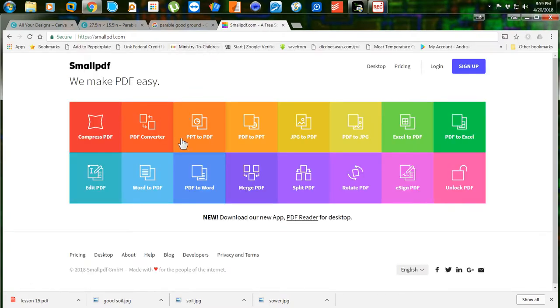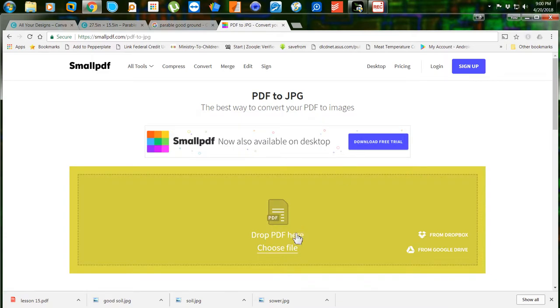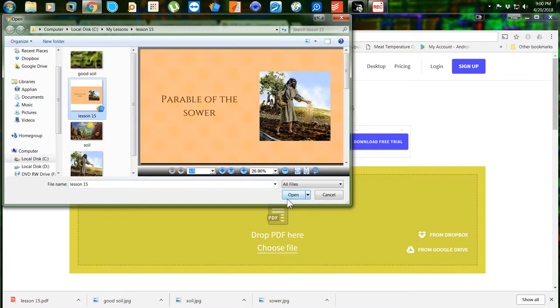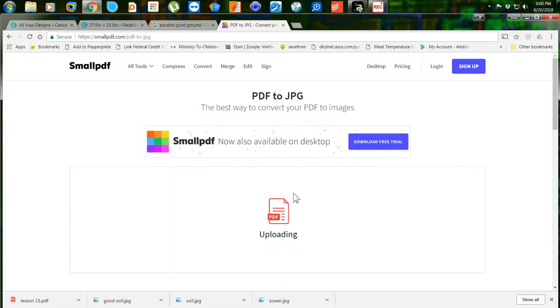Okay, what we want to do is convert our PDF file into the JPEG. So you can see right here it says PDF to JPG. That's what we want to do, so we click on that, and we need to choose the file. So let's click choose file. Alright, we're in our lesson 15 folder. Here it is, our PDF file. We named it lesson 15. Let's click on that, click open,